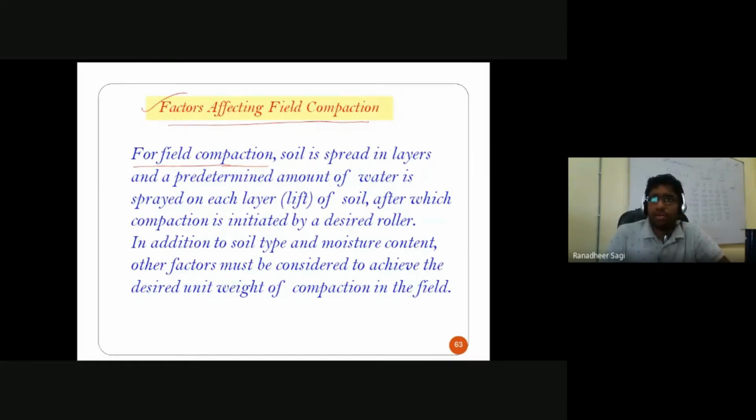We already know that whenever we talk about the amount of compaction you are going to achieve, the compaction depends on various factors. As we have discussed, it depends on the weight with which you are trying to compact the soil, it depends on the number of layers in which you are trying to compact the soil, and it also depends on the type of soil in which you are carrying out the compaction.